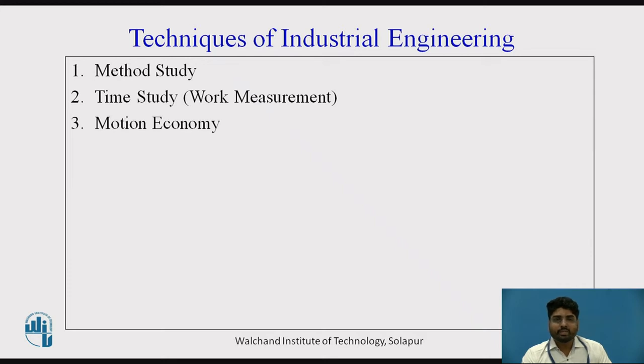Third is motion economy. This is used to analyze the motions employed by the operators to do the work. The principles of motion economy and motion analysis are very useful in mass production or for short cycle repetitive jobs. The principles of motion economy form a set of rules and suggestions to improve manual work in manufacturing and reduce fatigue and unnecessary movements by the worker, which can lead to a reduction in work related trauma.